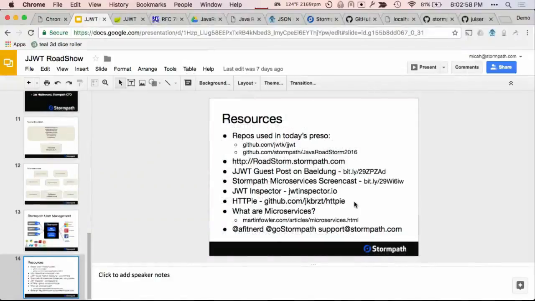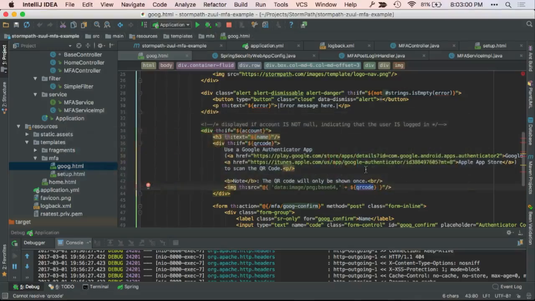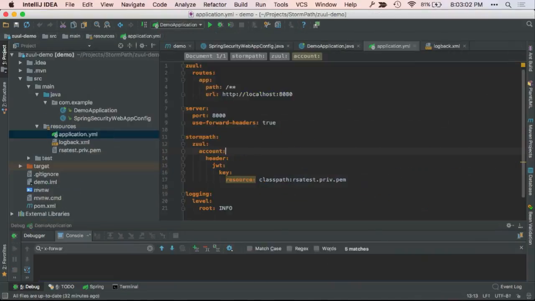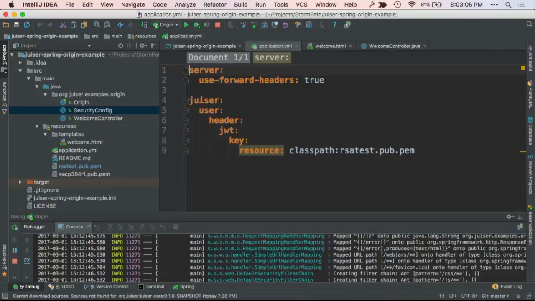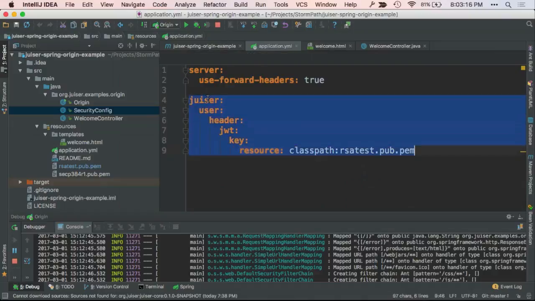Yeah, sure. So one of the reasons that we wrote Juicer was so that we didn't set you out on your own without being able to ingest this incoming assertion, right? So this is the configuration on the Juicer side of things, and the only thing that it needs to know out of the box is how to validate that incoming assertion. Everything is configurable, but it has sensible defaults. So for instance, the header name is x-forwarded-user, and that conforms to